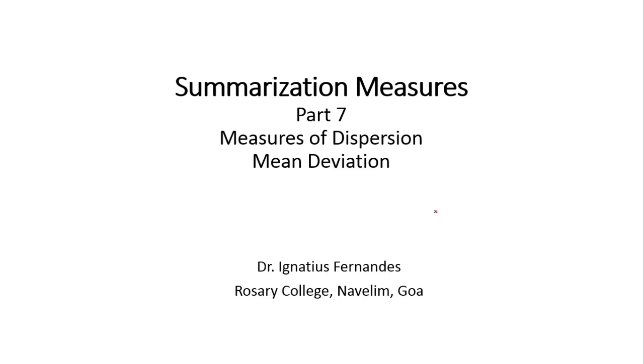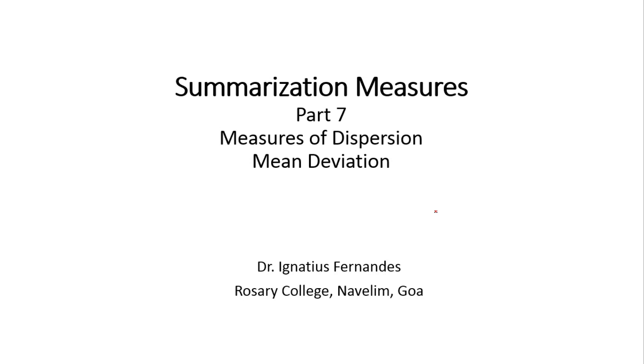Welcome back to Module 7 of this Unit 2 Summarization Measures, and we will be talking about mean deviation as a measure of dispersion in this module. Just to recall, we have been trying to measure the dispersion, quantify the dispersion in a data set, and for that we have already talked about how range and quartile deviation is used as one of the measures of dispersion, and they try to measure how much the data are deviating from its central value, depending on the central value whether it is mean, median or mode.